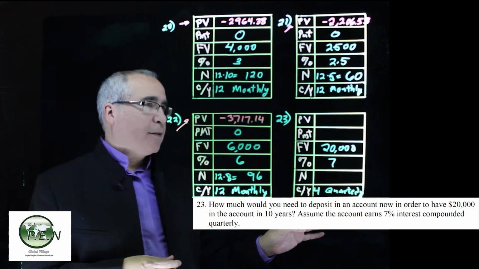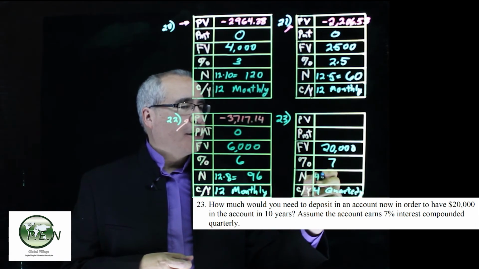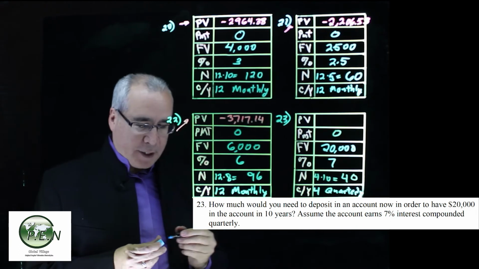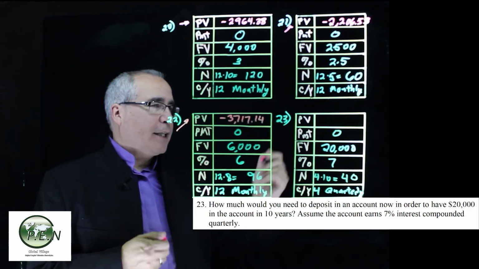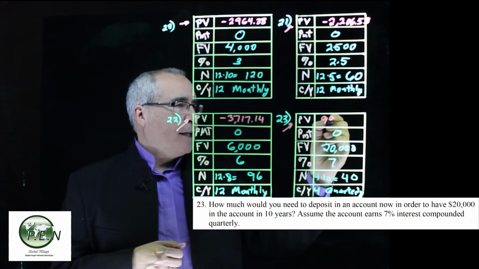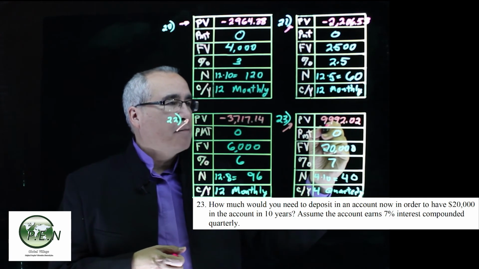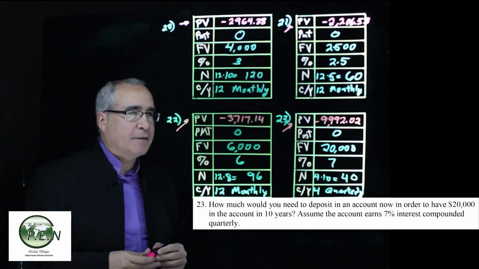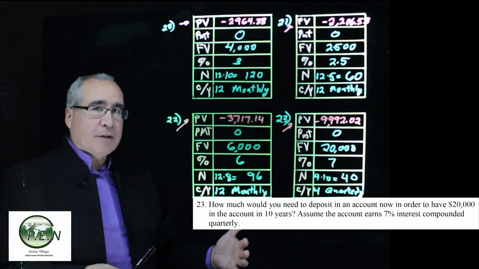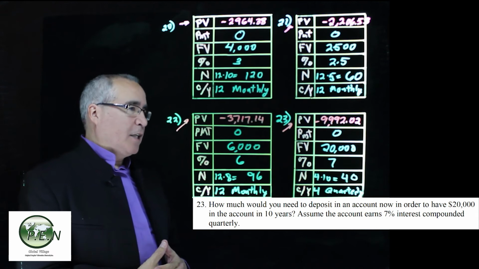We want to do this, let's see, 23. We want to do this in 10 years. So that's going to be 4 times 10. Our number of periods is 40. No payments. What do we need for our present value? In order for all that to happen, click on the button, and we get that we need $9,992.02. Why not just put in 10,000? And of course, it appears as negative because that's the cash flow. We have to put that deposit away, not touch that money, let somebody else use it. They'll give us 7% for their use of the money, and in 10 years,